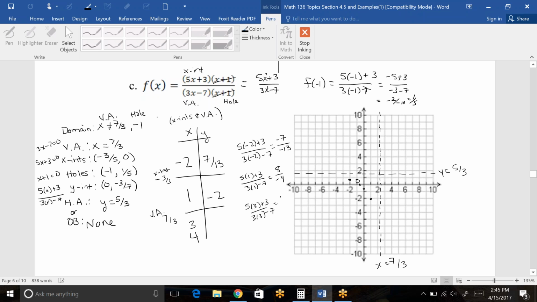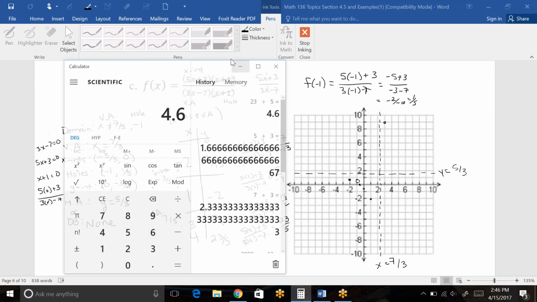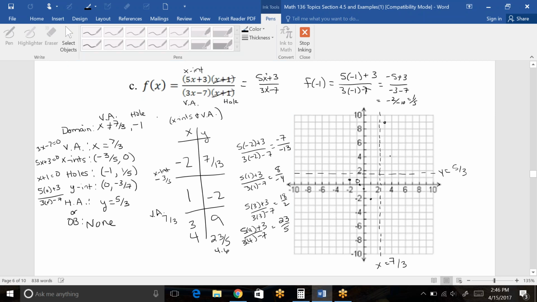That is 15 plus 3, so that's 18. That's 9 minus 7, so that's 2, so that's +9. So 3, +9. And then 4 would be 23 over 5, which you'll probably want to get a decimal for that when you plot it. It's about 4.6. So 4.6. So notice what it looks like is that my graph is hovering in this corner in that region,